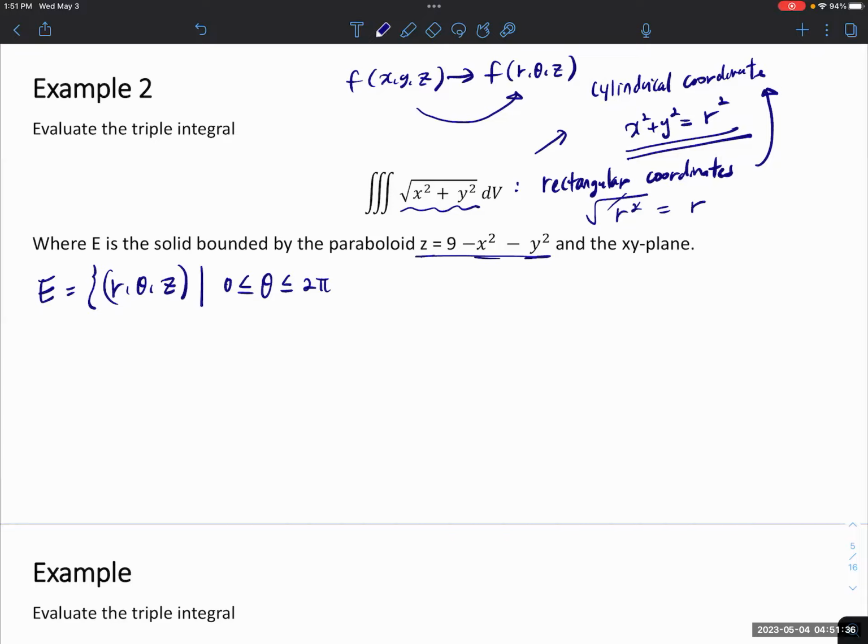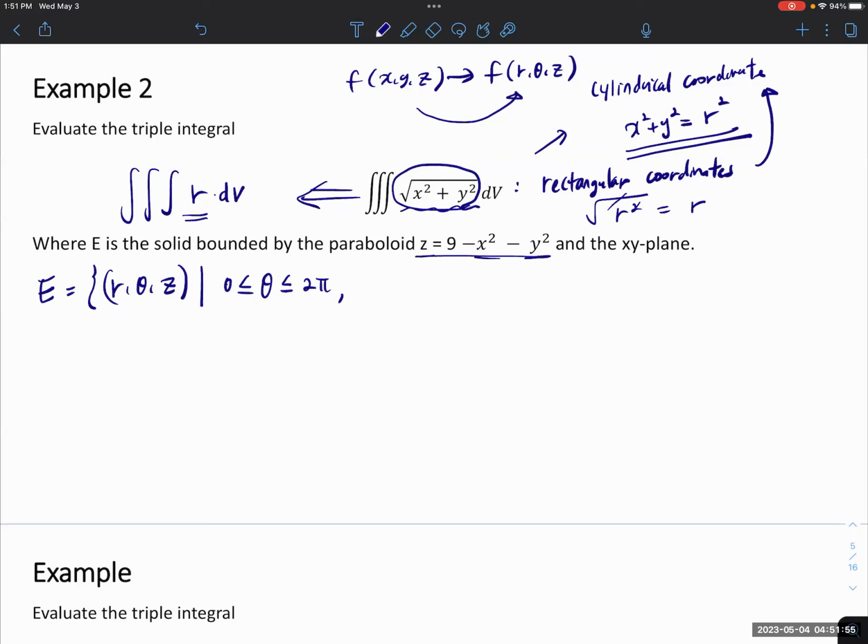So this is going to be r. So this rectangular dV, you're going to convert it. So this one is the same as r dz dr dtheta. And then I still need to find out the theta,